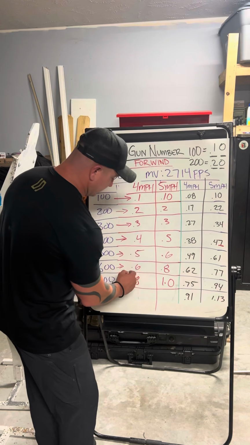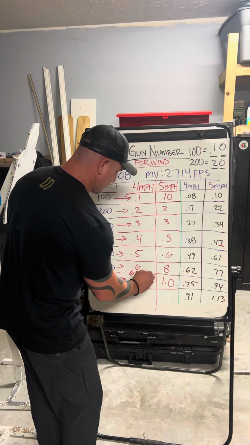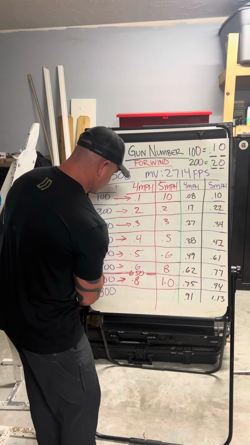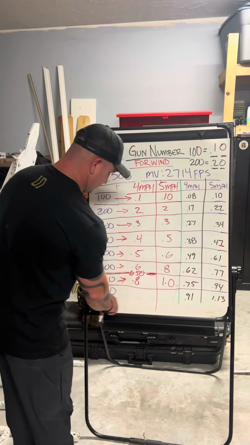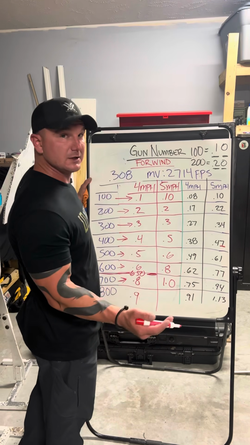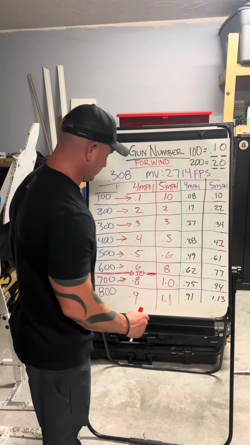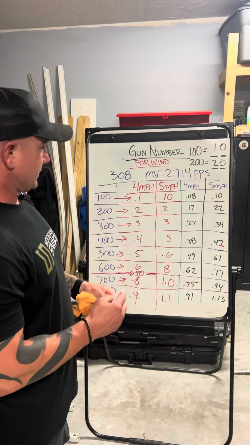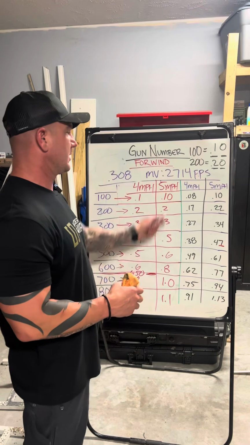So I would probably give it a 650 and in is where I want to stop. And that's my gun number, right? Now just to confirm, we go to 800, I get a 0.91. So that's going to round to 0.9. So it's still +1. And here I'm getting all the way to 1.1, so I'm at +2, or +3 actually. So I know here at this location in North Carolina, I have a 4 mile an hour gun with this